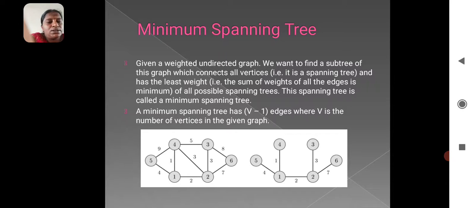Further proceeding, we have to display all the vertices here: 1, 2, 3, 4, 5, 6. You have to connect the least edges first. First we are calculating 1, and then 2, 3, 4, 5, 6 and 7. Depending upon the graph, it differs while connecting.